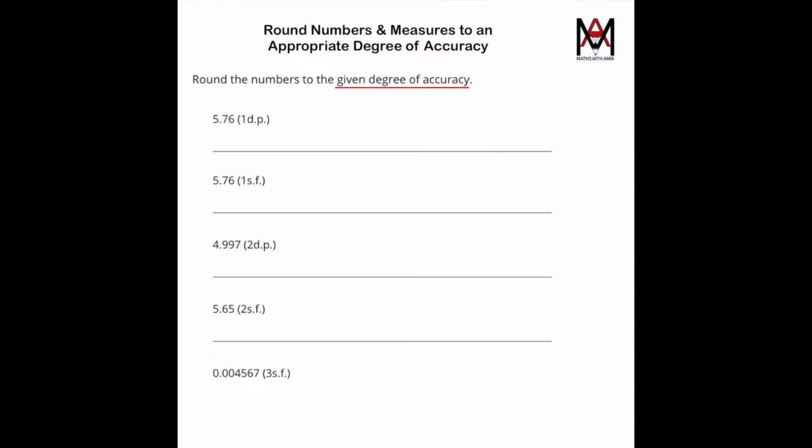So in the first question, we've got 5.76. We need to round that to one decimal place. So to recognize the first decimal place, we all know the first decimal place is after the decimal point. So that's the 7 here. 5.76 would round up to 5.8, as the next digit after the 7 is a 6, so it rounds the